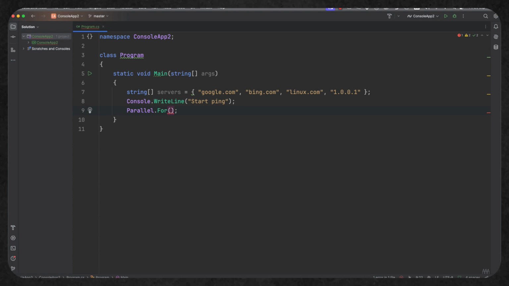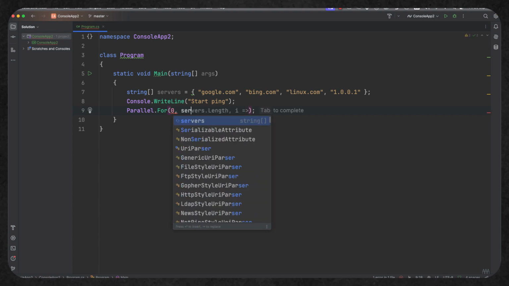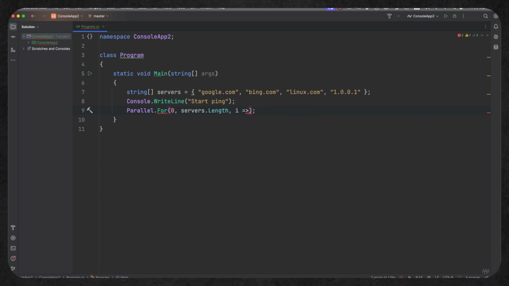As we go through, I can then start populating the parameters of my loop. So I'm going to say I'm going to start on 0, and then it's kind of guessed a lot of things for me. I've got the list servers, so it's going to then continue until we get to the length of the server. And it's set up an integer variable that we can then start incrementing. And it's just calling that i.